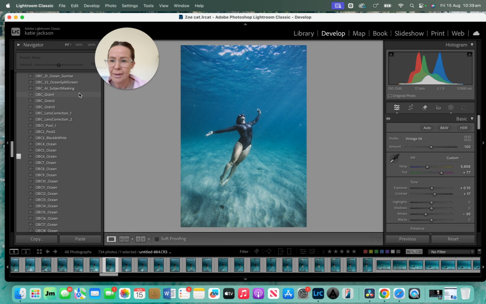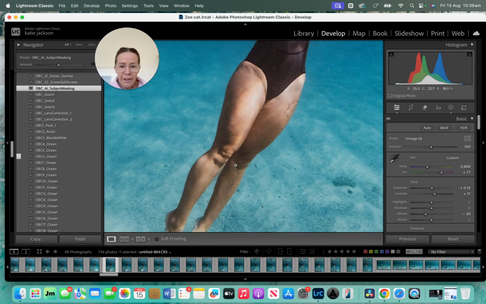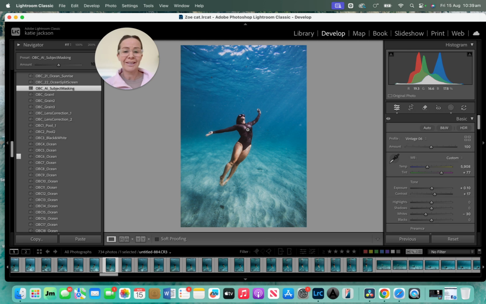Then we're going to subject mask the subject again. Wow, look at that. Just incredible. I actually don't mind how bold she is. So you can see 2 clicks and it gives you something to work from. So hopefully it really helps you streamline your editing process. Anyway, once I'm happy with the image,